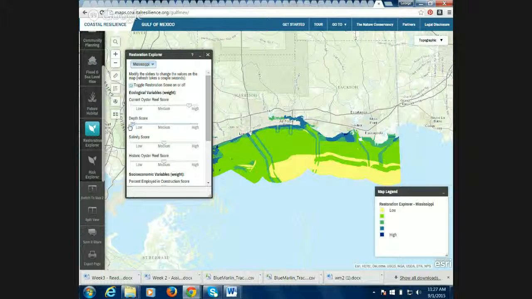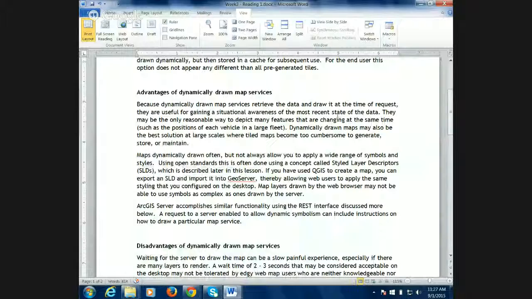I could use it to change a categorical symbol. Like I could say, okay, I want to see everything that's good one color and bad another color, or something like that. All right, and then